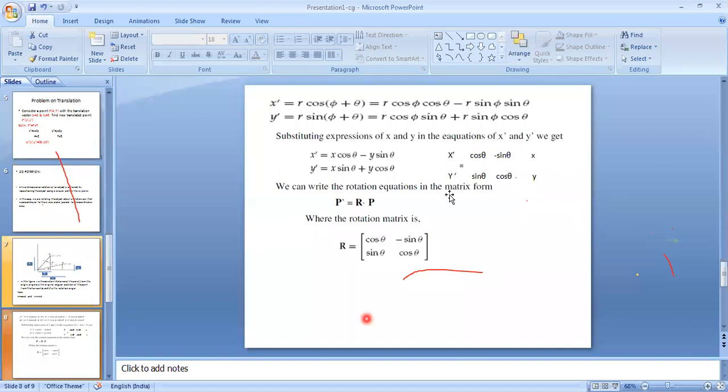Where x' y' is equal to [cos theta, minus sin theta; sin theta, cos theta] into x y. This gives me the same equation, these two. So I can write my rotation equation in this form: p' is equal to R into p. Now coming to the same thing with respect to translation,